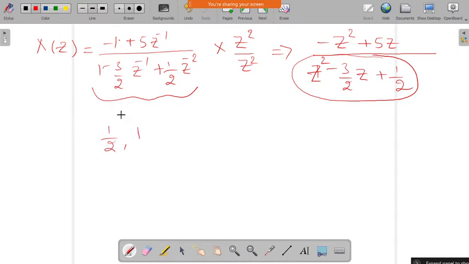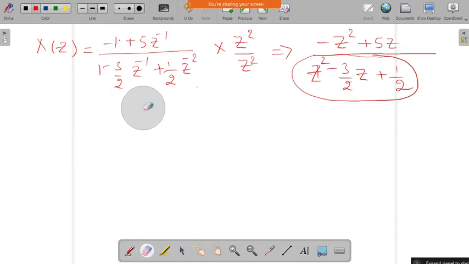If I take both the roots as minus half and minus 1, minus half into minus 1, the multiplication factor will be 1 by 2, and if I add it will become minus 3 by 2. Okay, so like this also you can do, take the roots of this and you can get z minus half and z minus 1. So here also we can do the same thing. So I will take this one and I will do it. Okay,